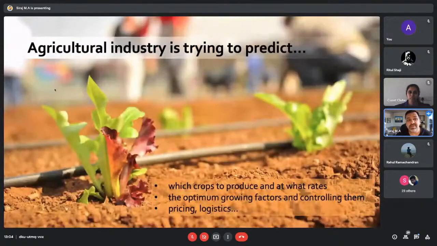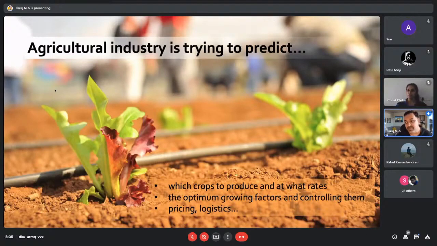Another industry that's big on this is the agricultural industry, right? Both for environmental reasons, but also because we have a lot of mouths to feed. And again, how do we make sure that there's enough food for everyone? And how do we make sure that we're doing it in the most optimum way? There are various devices and sensors these days. I think there's a documentary available about a farm in Sweden that's trying to do a lot of glass house types of farming, growing all the vegetables that you need